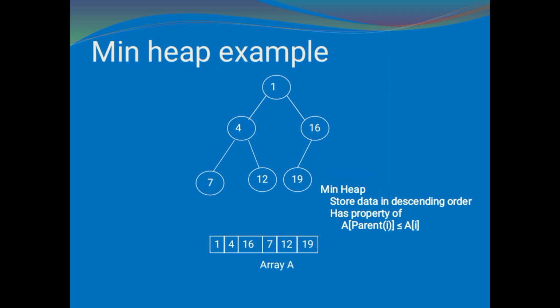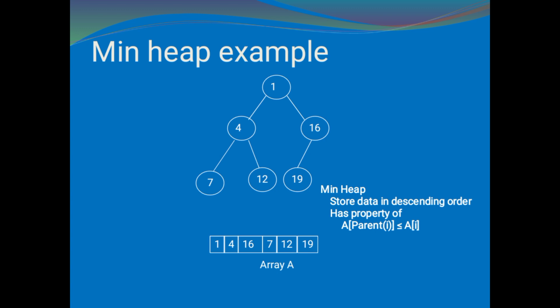Okay. Now what is a min heap? Like a max heap, there is also a term called min heap. In the min heap, the leaf elements will be having the big values and the parent element will be having the small value. Here compare the children 7 and 12 with their parent 4. 7 and 12 are bigger than 4. That is, the child nodes are having the bigger number than the parent. So this is a min heap.